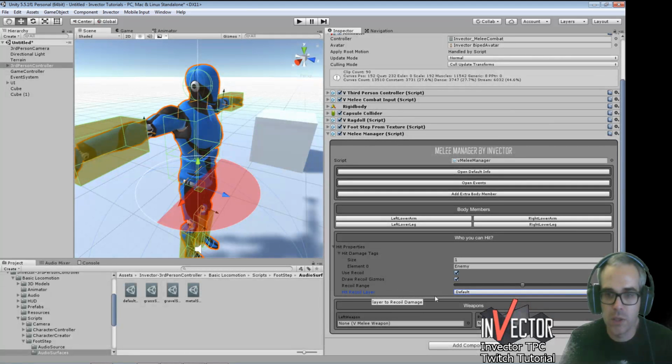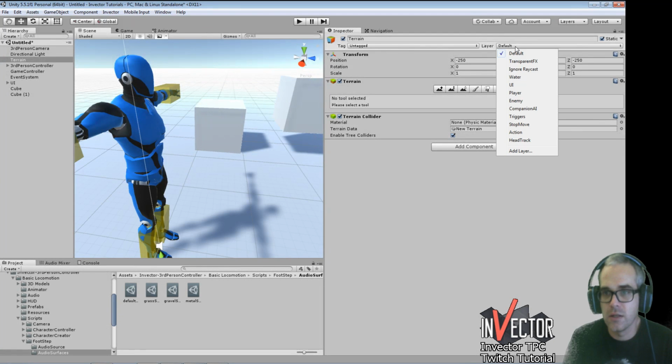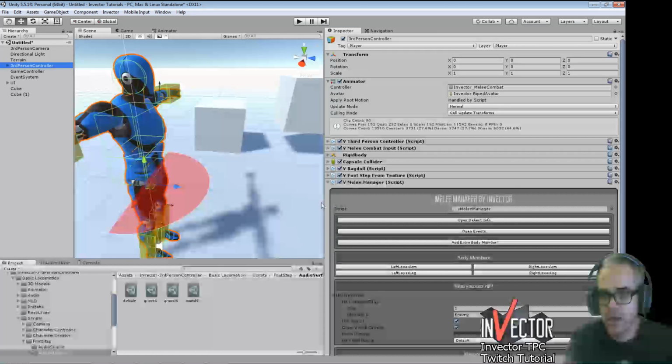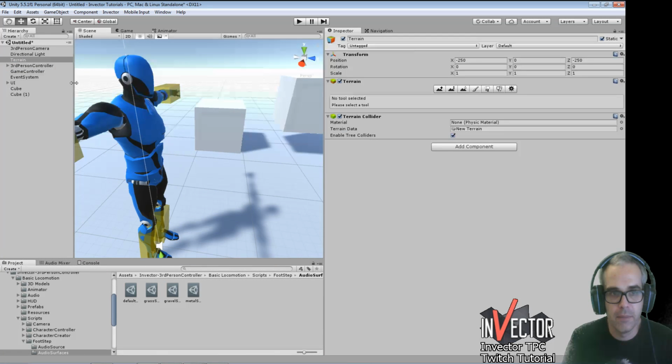So you can set up the recoil layers. If you had your terrain mesh on a different layer, so it's set on default, nothing really else we could put. You can make another layer there, change that around, and then in here you hit recoil layer, you can actually take it completely out, so you wouldn't have it hitting on the floor,